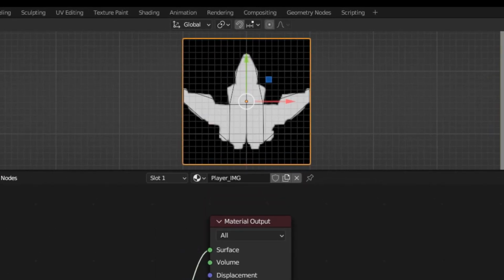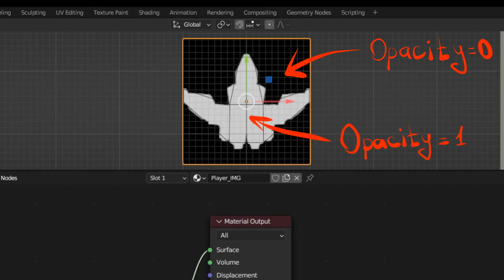It's simply a black and white mask that tells us which area will be transparent and to what extent. Completely black color means 0. So, in this area, the object will have an opacity value of 0, meaning it will be completely transparent. While white represents 1. Looking at this image, it becomes clear that we simply need to add black color to the white area.